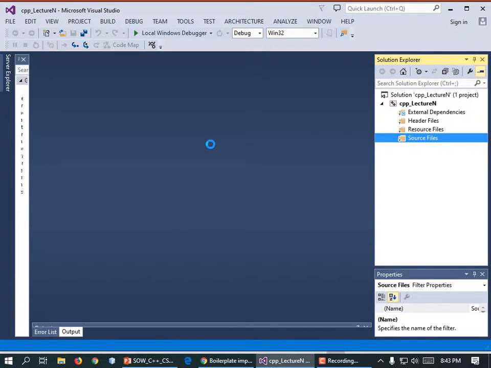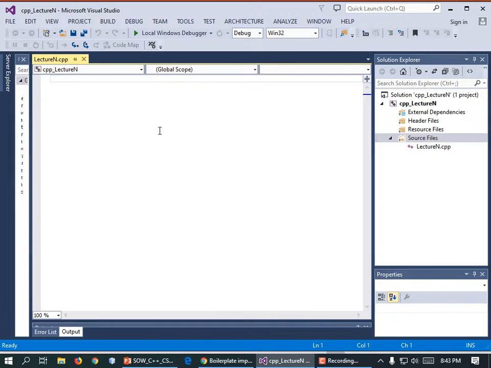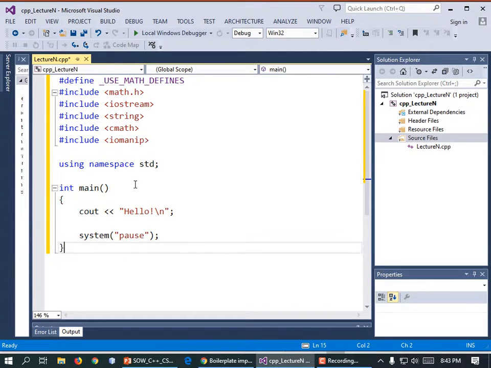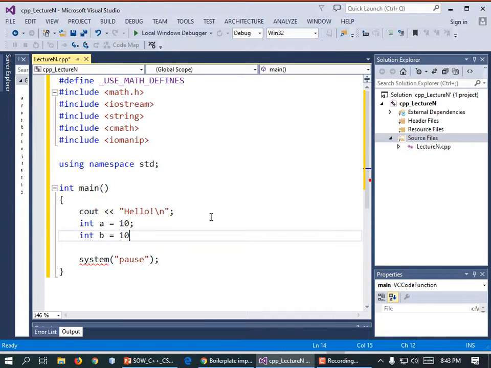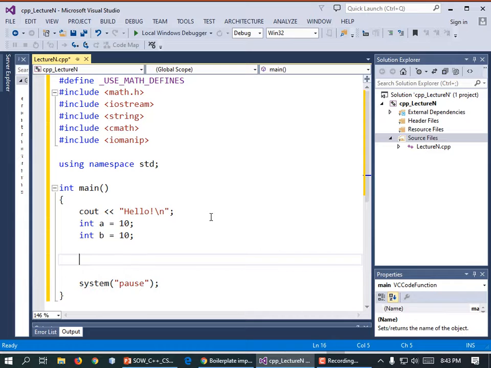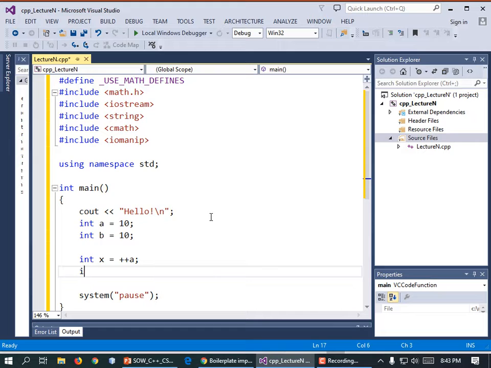So add a new item, lecture in .cpp, paste our boilerplate. All right, I'm going to make two variables called a and b, and I'm going to make two more variables called x and y. So int a equals 10, int b equals 10, int x equals plus plus a, semicolon, int y equals b plus plus,